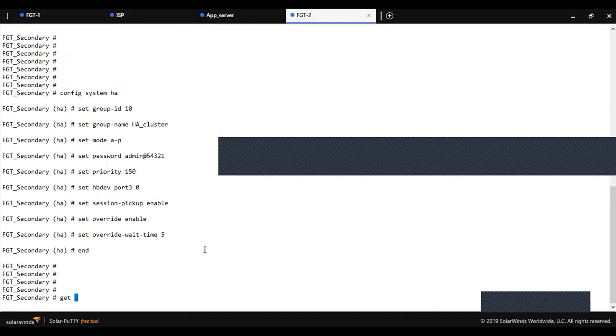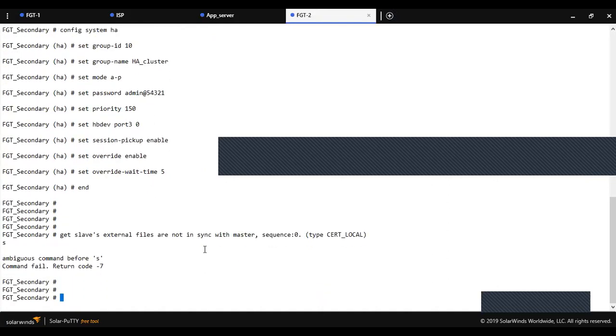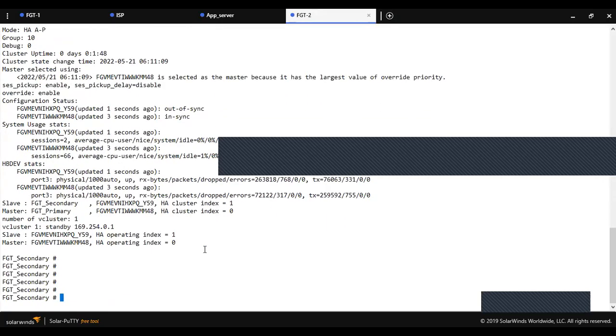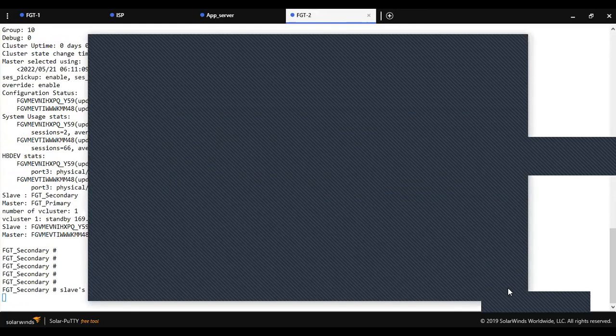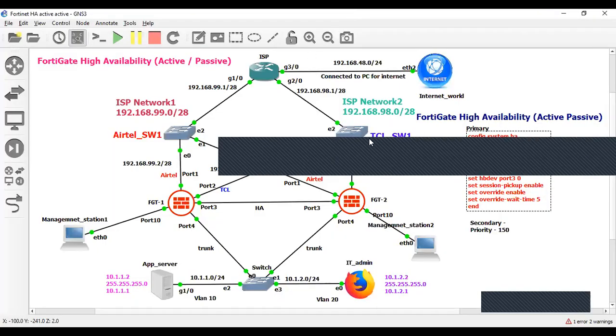Let me check get system ha status. You have to wait for a minute because the configuration is syncing. Let me check the GUI also.